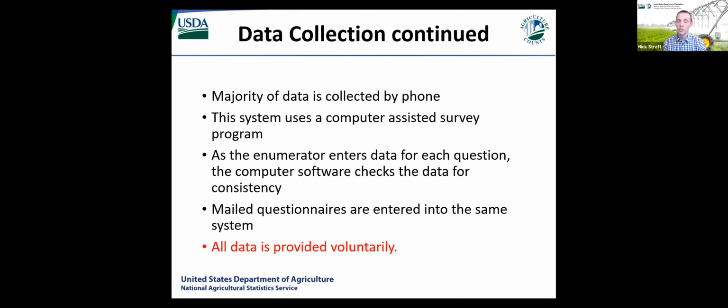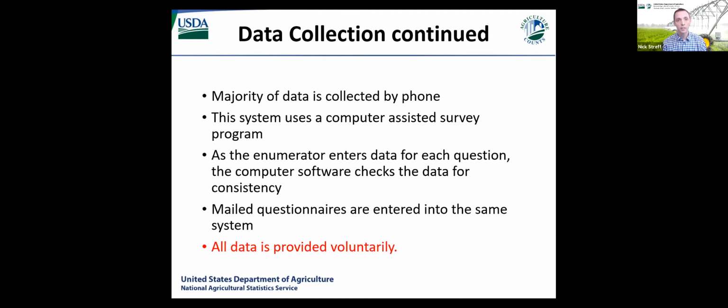When we're doing a phone follow-up interview, we do have a computer program that leads the interviewer through the questions. And that program has some history built into it. So if the reporter gives us a higher or lower inventory than what they've had in the past by a significant amount, it will prompt that interviewer to ask a few more questions so we can get some comments to go along with that number. Or let's say their litter rate's really low, it will prompt us to ask an additional question, kind of why.